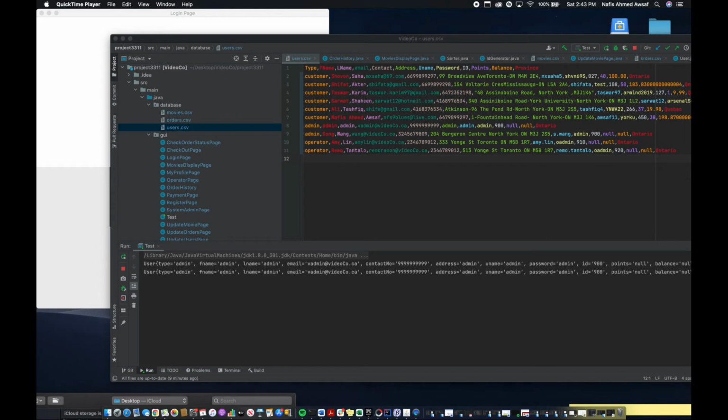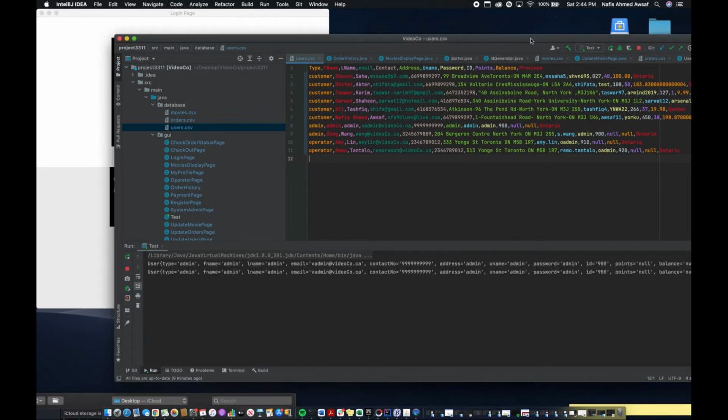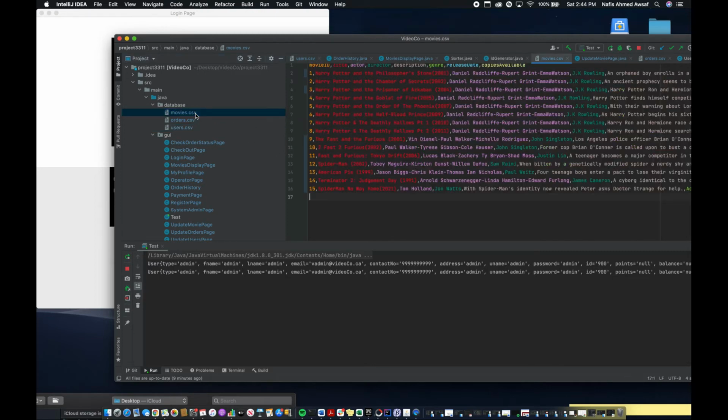Section 4.7, which is logging in as an admin and being able to add a movie, remove a movie, and update existing movie information. As we can see from the user CSV file, we have two admins, admin and Song Wang. We're gonna log in as admin, and from the movies, we have 15 movies so far. After adding the new one, we expect a 16th movie object. So let me log in as admin,